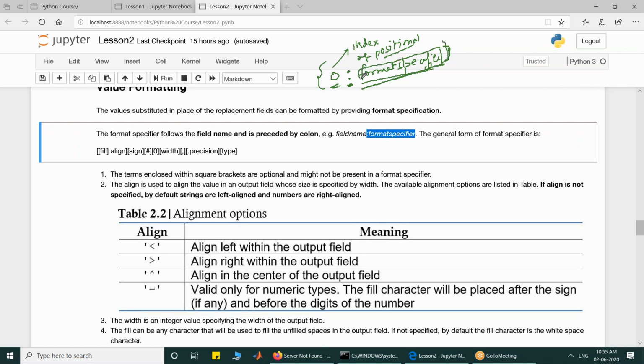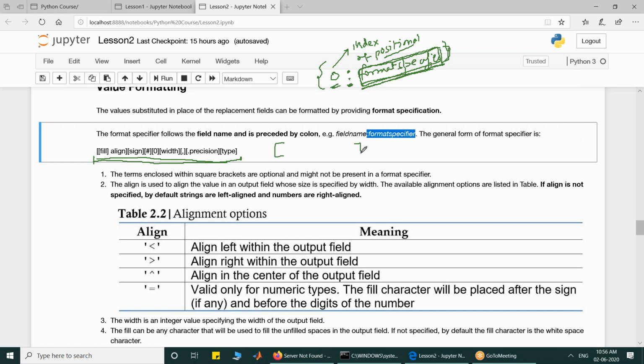For the next 5-10 minutes, we will focus on how these format specifiers are to be written. But I want you to write on your paper this string. For the next 5-10 minutes, be completely focused on this string.